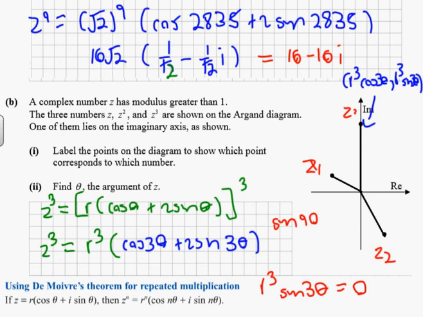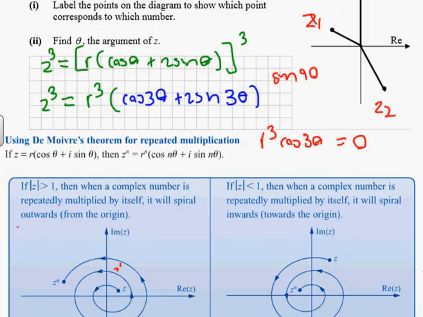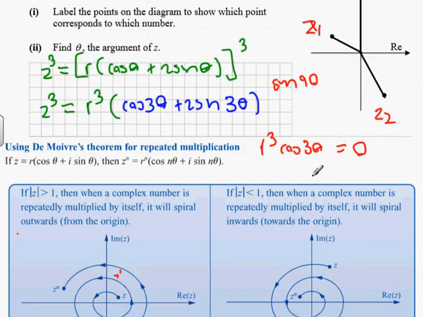So it's actually, because that makes no sense, because we know it's 90 degrees. It's going straight up, so it's the x value that's actually 0. So it's r cubed cos 3 theta equals 0. Now what we're going to say is, what value of cos is 0? You can see that's at 90 degrees upwards. Yeah? So we can say that 3 theta equals,